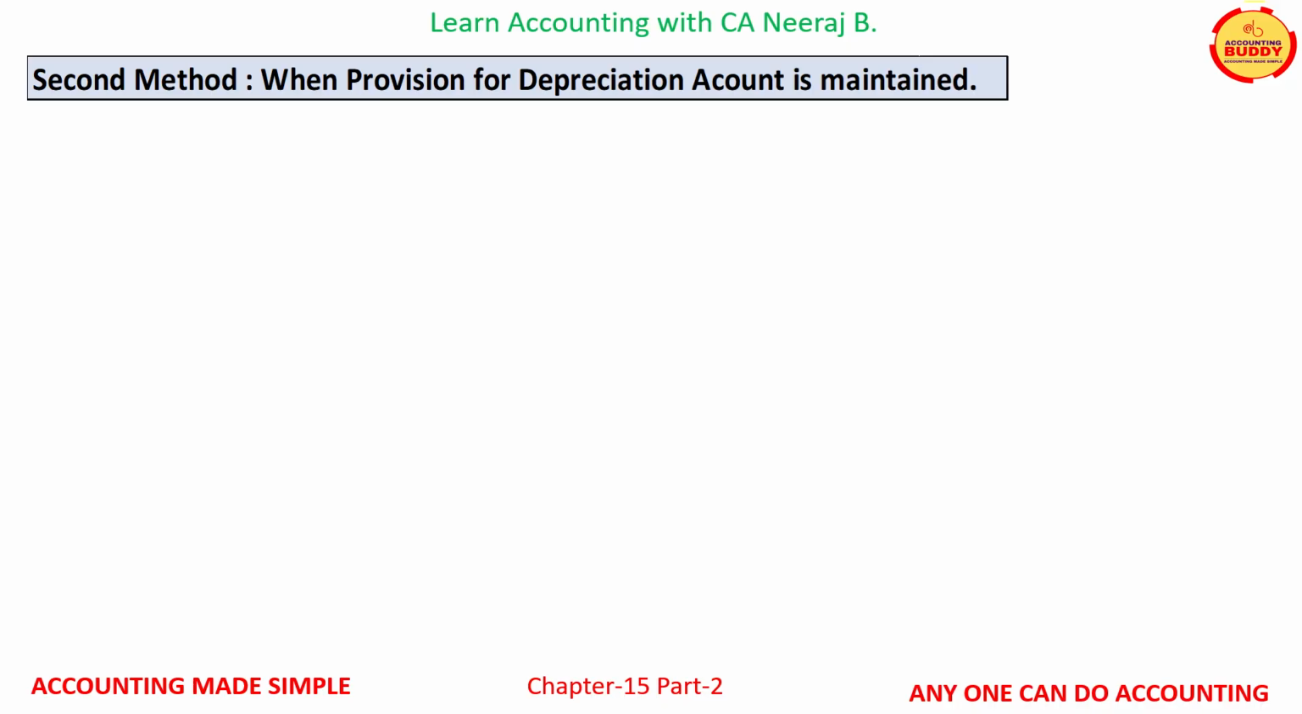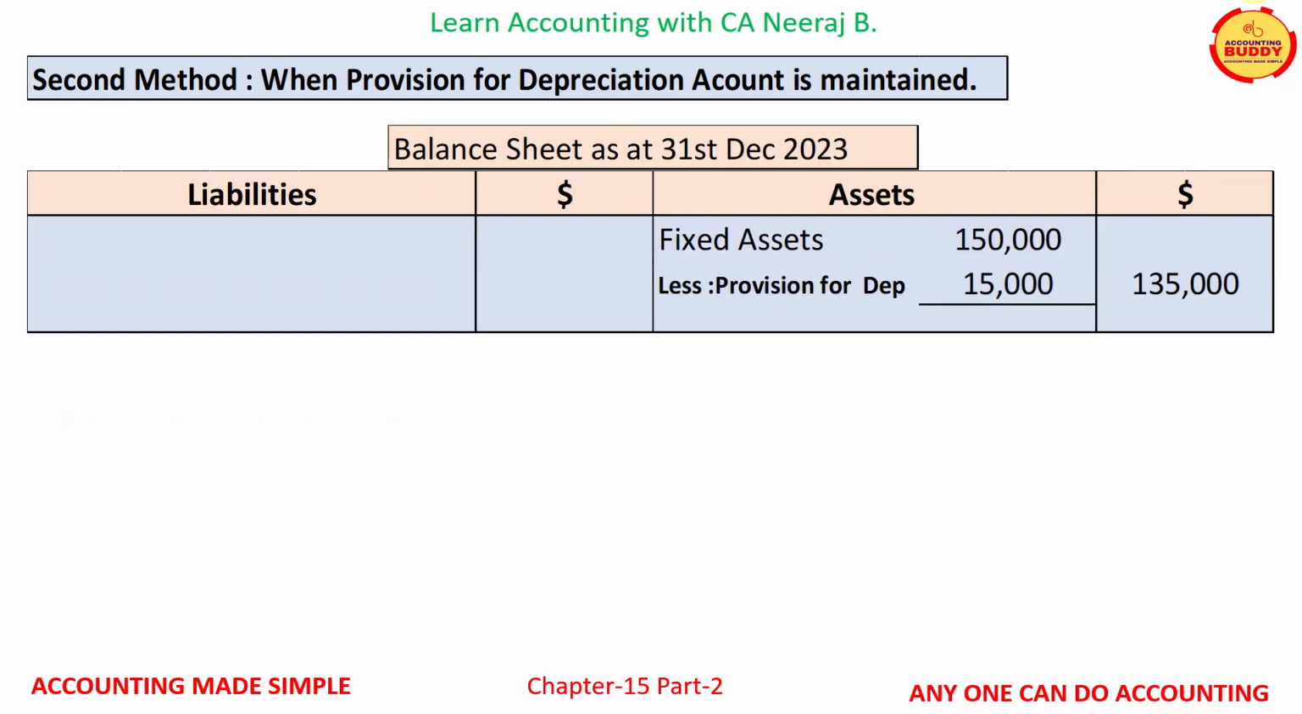In this slide, let us learn how the fixed asset will appear in the balance sheet when the provision for depreciation account is maintained. Abstract of the balance sheet as on 31st December 23 is displayed on your screens. Original purchase value of the fixed asset as on 31st December 23 is $150,000. From this original purchase value of fixed asset, the balance lying in the credit side of the provision for depreciation account amounting to $15,000 is deducted and the net book value as on 31st December 23 for $135,000 will appear